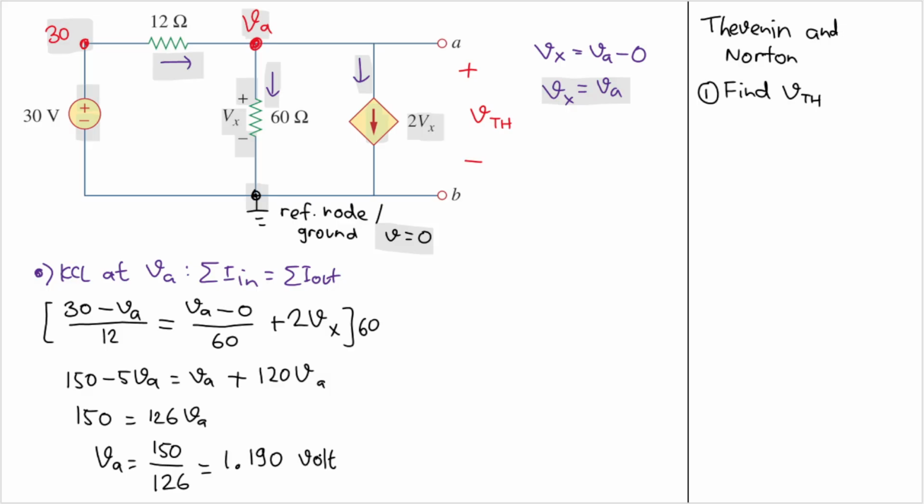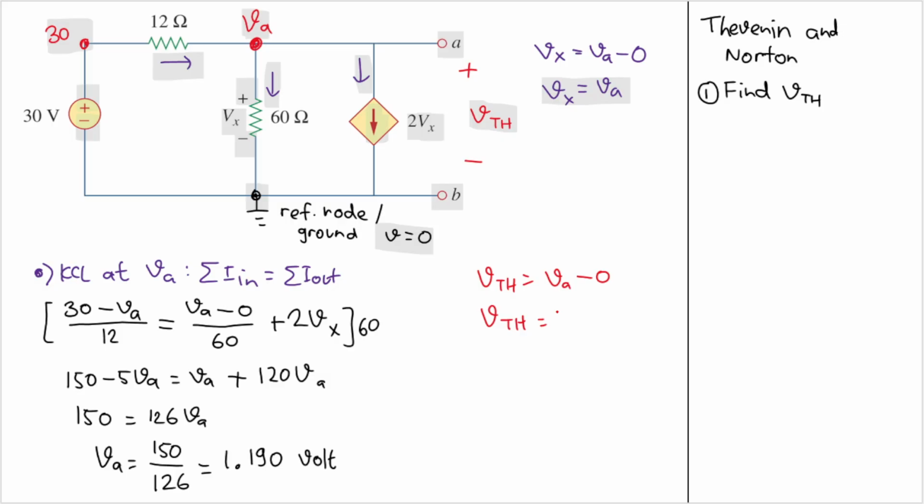But we are asked about VTH. We need to find VTH, not VA. But VTH can be calculated, right? VTH is the difference between terminal A here and terminal B. Terminal A is connected to VA, so I will have VA. And terminal B is connected to the reference node, so I'll have minus 0. Therefore, VTH